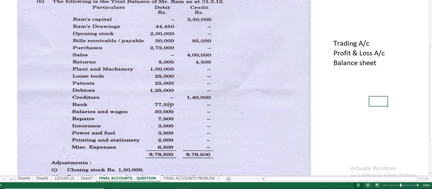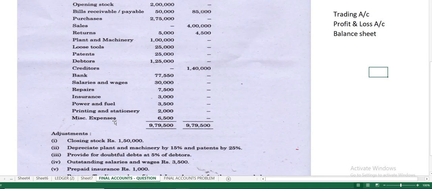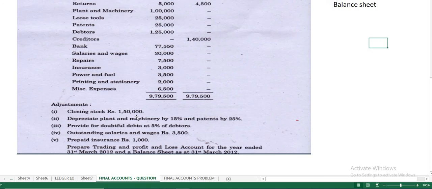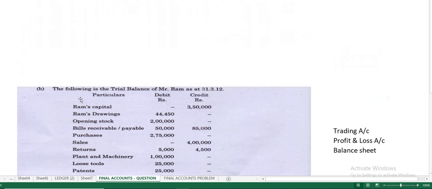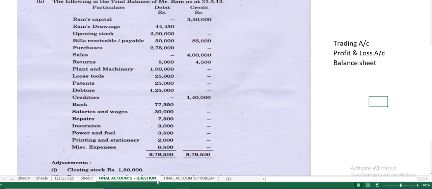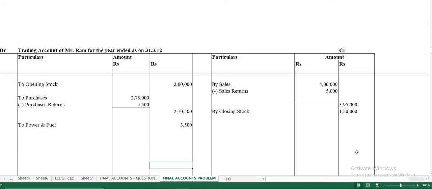Okay, now move to the question. Any other items, just look at a glance. Whether salaries and wages, if it is only wages, then it will come under the trading account. Wages and salaries also come under the trading account. But salaries and wages will come on the profit and loss account debit side. So this item will not come here. Okay, anything else, just go through or else you can close the account. Loose tools have to be taken to the asset side. So here that's all. So you just balance.